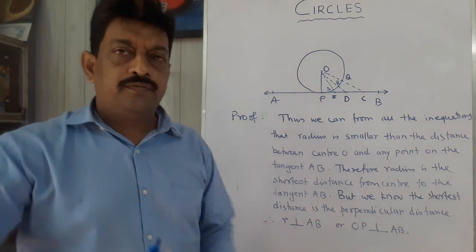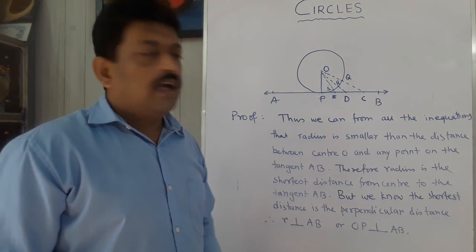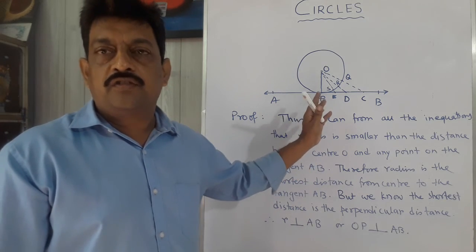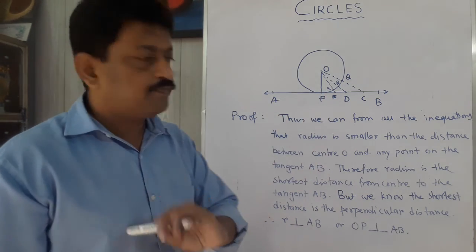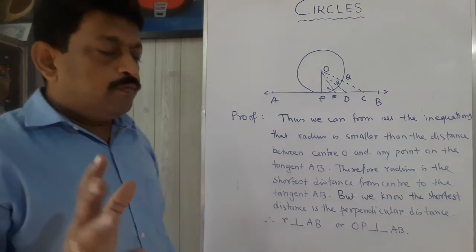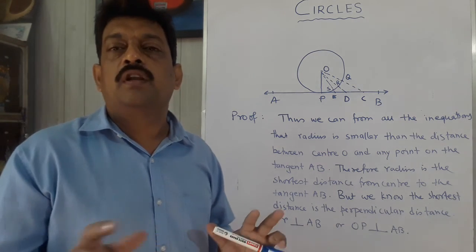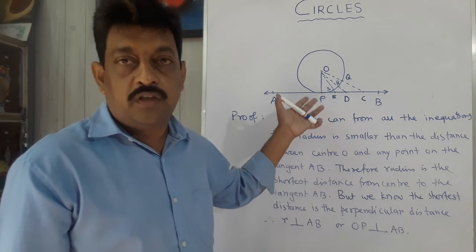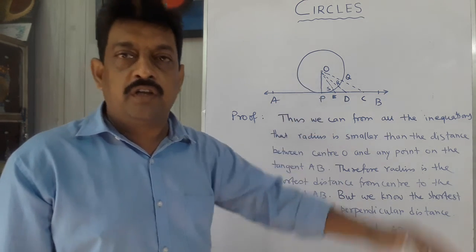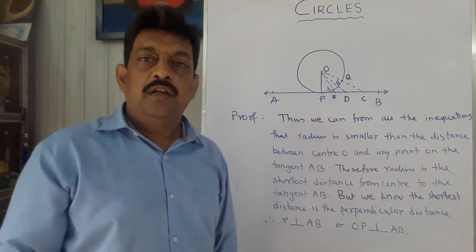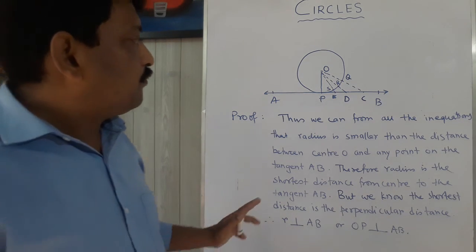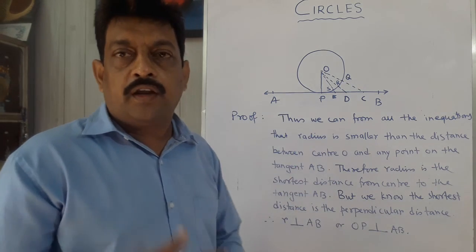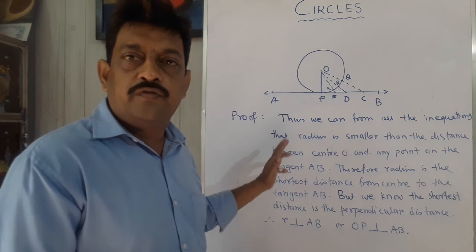Hope you have understood. The theorem has no calculations, only logically we have to prove using Euclid's axiom. We have proved this. Okay, so in the next session we shall solve few problems based on this topic, that is the theorem that radius is perpendicular to the tangent through the point of contact. Till then, go through the theorem and try to understand the concept which we have learned today.